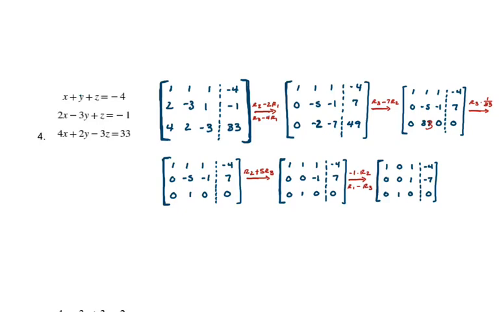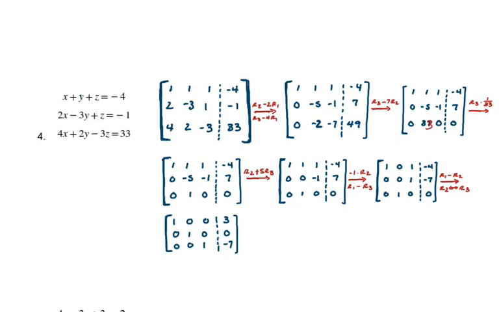So I need some way to eliminate that third entry in row 1. So the way I'm going to do that is I'm actually going to take row 1 and subtract row 2. So if I do that, my row 1 would become 1, 0, 0, and then I have negative 4 minus negative 7, which is actually positive 3. And then my other two rows can stay exactly the same. And the only other thing I did was exchange the place of row 2 and row 3,